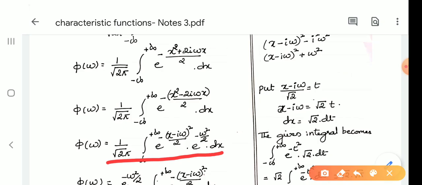So, I will split this into 2 and rewrite it as e power